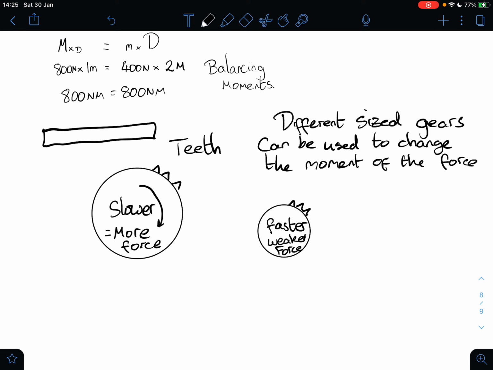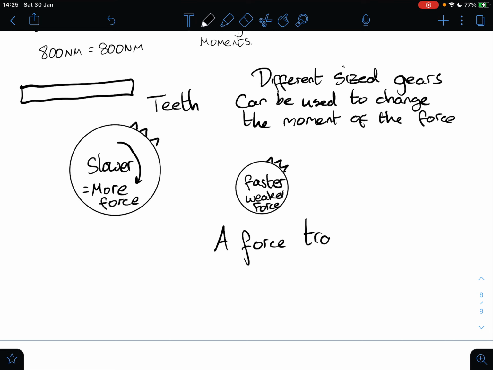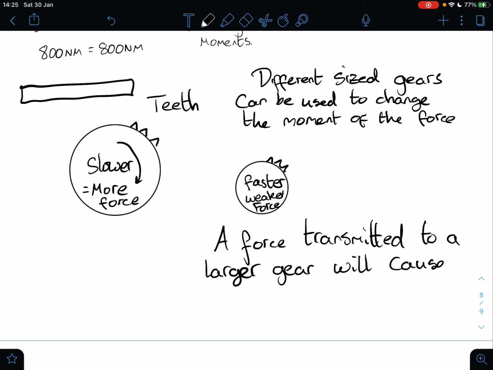A force transmitted to a larger gear will cause a bigger moment as the distance